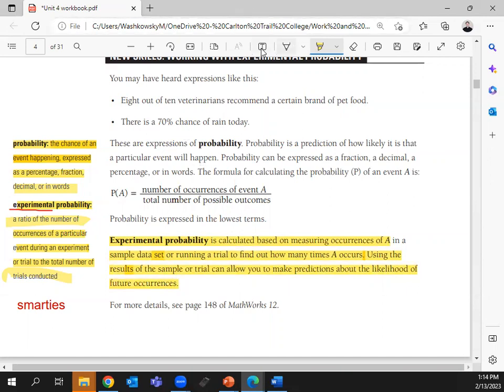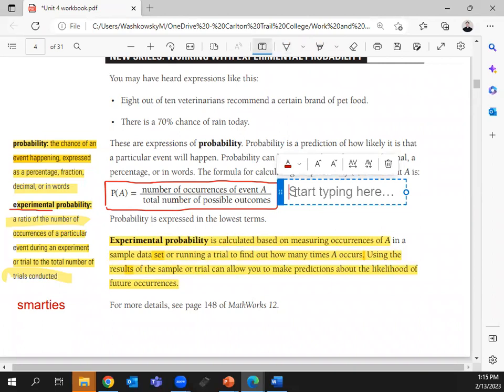So that's experimental probability. Now, what you're going to want to do is you see this little thing here on boxing. You're going to want to box that, circle it, star it. This is what we've been doing the whole time, just without writing it. This is the math notation, the way they want it written. The probability of this thing happening is equal to the total amount that it did happen versus the amount of possible outcomes, right? If I want to figure out the probability of, again, flipping a coin and it going to heads,